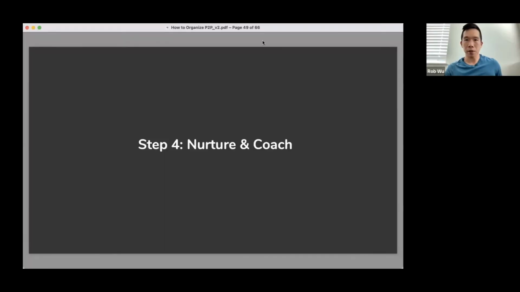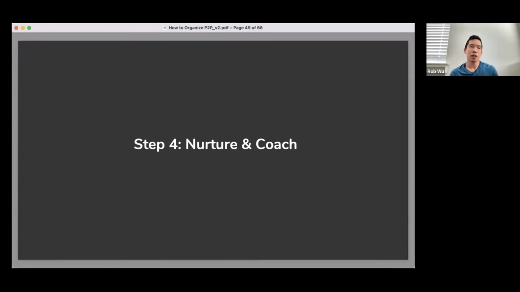set up their pages so that they're not calling you or emailing you or bugging you on how to do things. The idea is that the more you automate, the easier you make it to self-service, the more time you have as a fundraiser, as well as the easier it is for your audience to go in there and do the peer-to-peer fundraising. So that's kind of what it looks like typically.